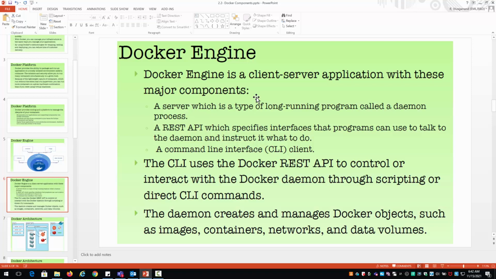A command line interface client. The CLI uses the Docker REST API to control or interact with the Docker daemon through scripting or direct CLI commands. The daemon creates and manages Docker objects such as images, containers, networks, and data volumes.